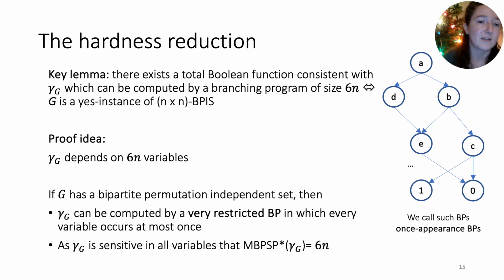So if we know that we can find a branching program of size at most 6n that computes it, and we know that every branching program is required to read each variable at least once, we get that the size is exactly 6n. So we know that if there is a nice bipartite permutation independent set, then we can construct a very small branching program that queries every variable exactly once. But